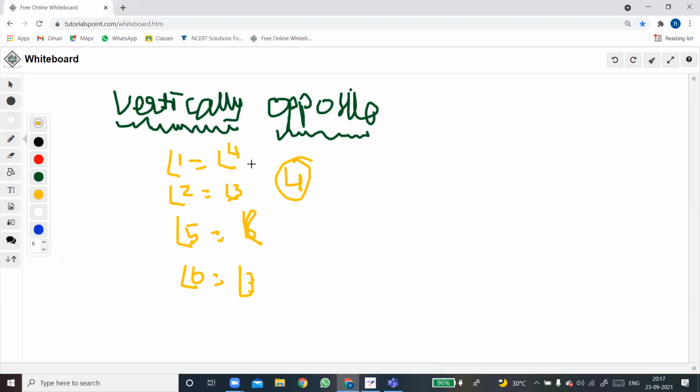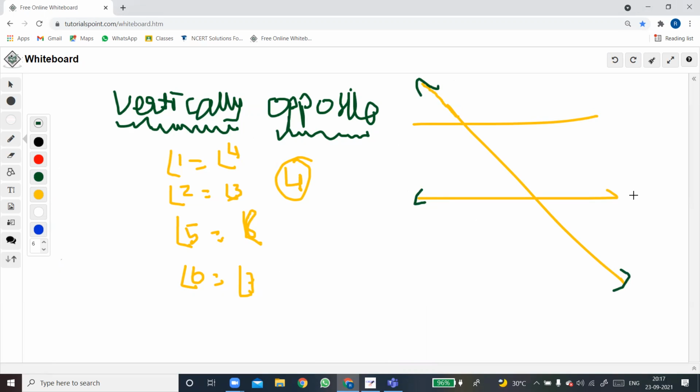So what is the main purpose? Now if I draw a transversal line here, I'll just extend it and draw an arrow. Here we have two parallel lines and we have drawn a transversal line. So here, if it is 60 degree, for example, we'll get the same value here. Or if it is 55 degree here, then here also it will be 55 degree.